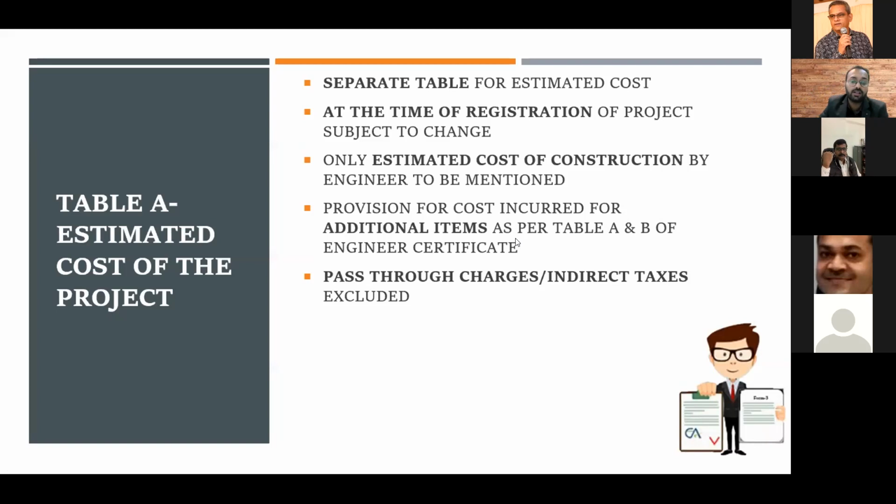Now you will ask what will happen if ITC is disallowed, because many developers have not availed the old scheme, they have availed the new scheme. So ultimately it is debited to the P&L account. It becomes the cost of the developer. It won't be set off against the 5% liability or 1% liability. So if that is becoming your cost, it will be included in construction cost. That is not called a pass-through, because you're not availing it as an input tax credit against your liability.